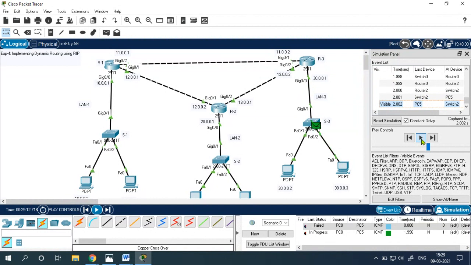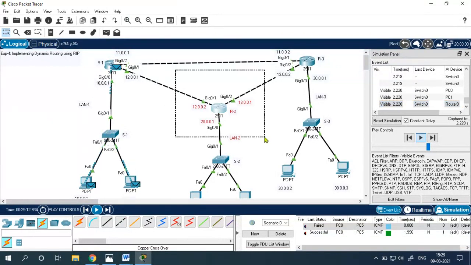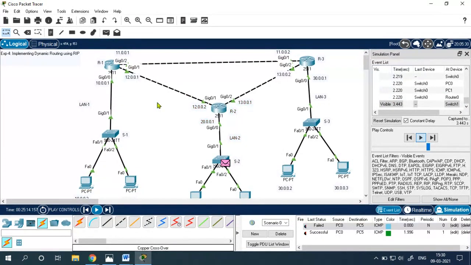Again the acknowledgement is coming back on switch 3, then router 3. Yes, on router 1 it's returned. If it returns on router 1, then it is a successful communication. So class, what happened? There was an alternate path also. This time the packet is successful. There was an alternate path via router 2, but it didn't opt for that path. So it is using the shortest path, the best available path.